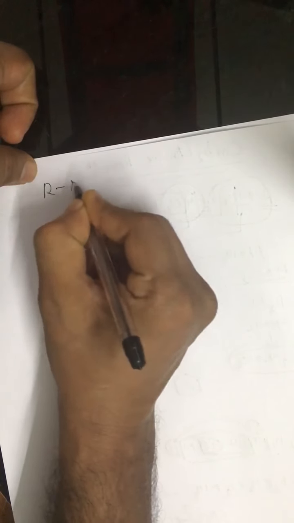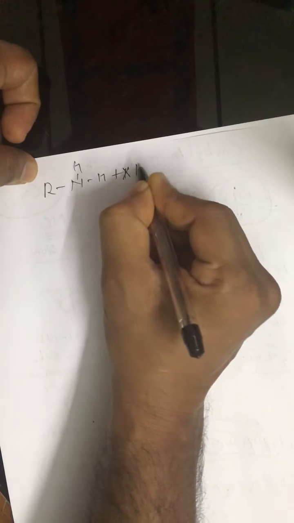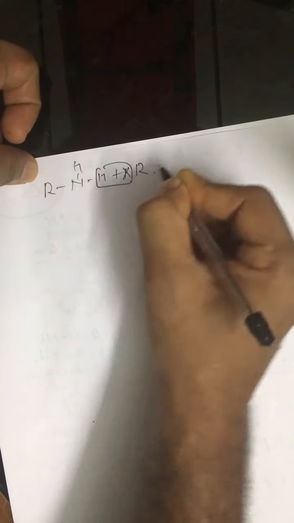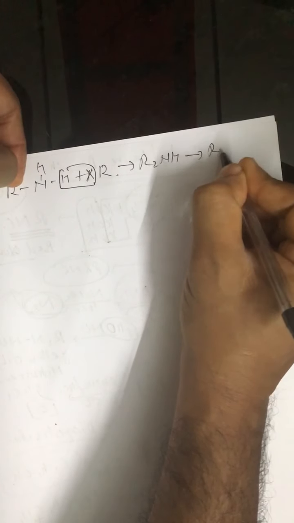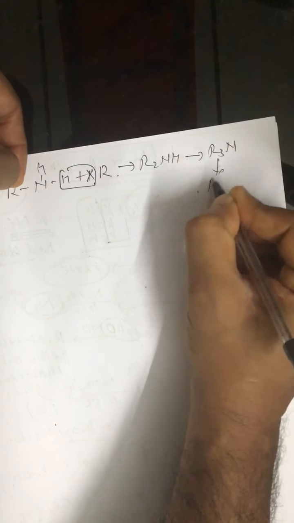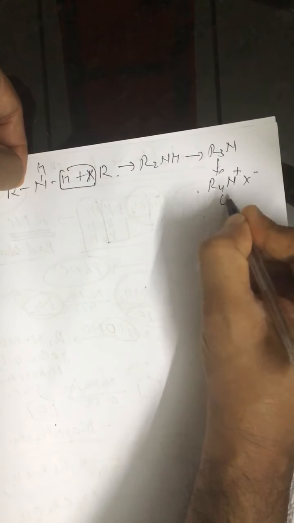Then comes alkylation. Alkylation is simple. If amines are treated with an alkyl halide, we get R2NH, and then it is converted to R3N, and I told you finally we get R4N positive X negative, that is a quaternary ammonium salt. Okay,